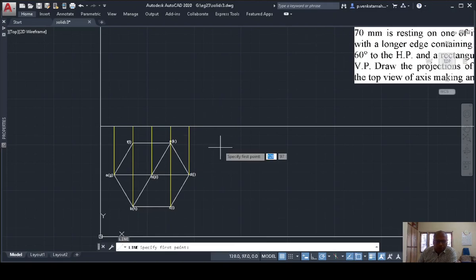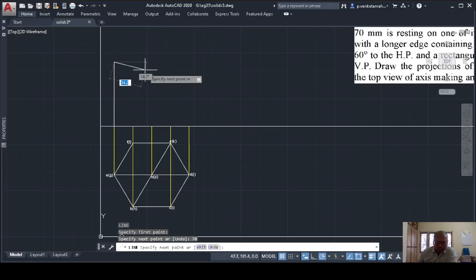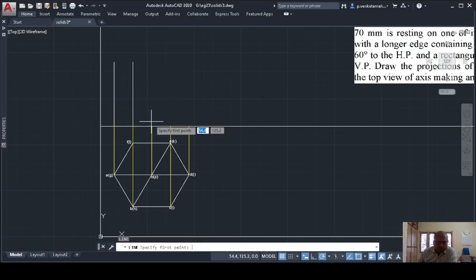So simply I can draw a line. This line is of length 70 mm. This line is also representing one longer edge, 70 mm line. This is axis